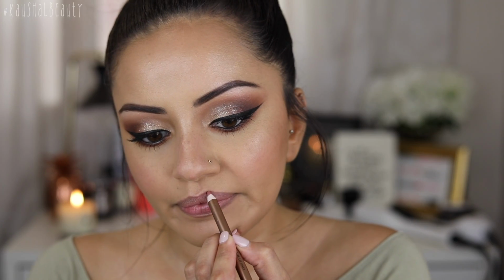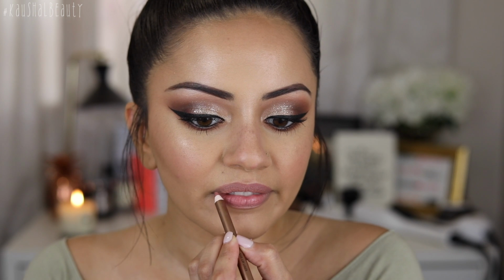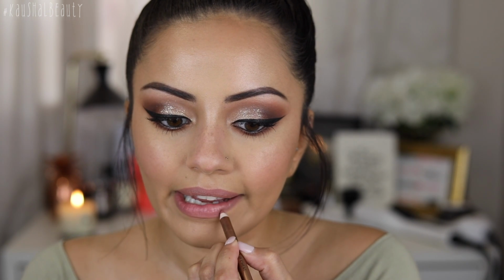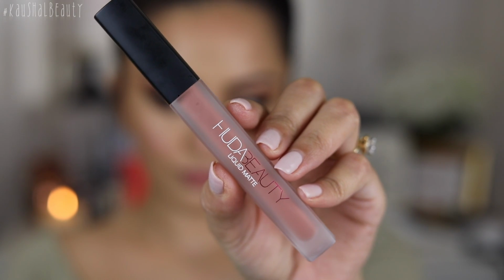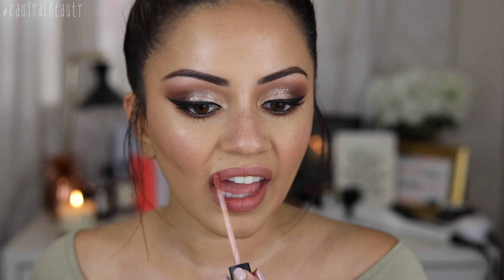I'm first taking the Lip Cheat by Charlotte Tilbury in the shade Pillow Talk. This is such a gorgeous neutral lip shade. You can really go to town and overline your lips without it looking too fake, if you know what I mean. So I did line my lips and then fill them in, and now I'm going over the top using Huda Beauty's Venus liquid lip,